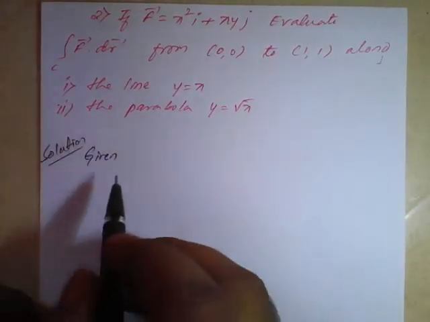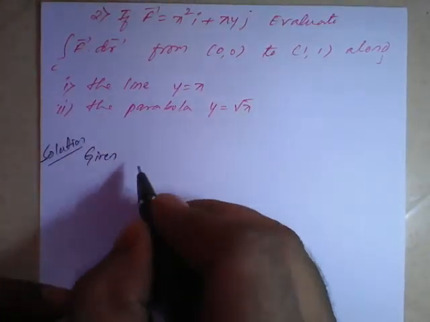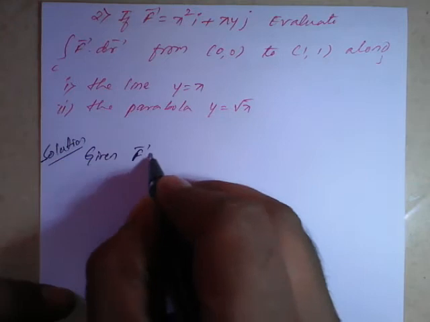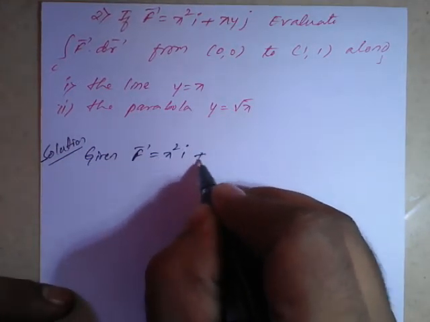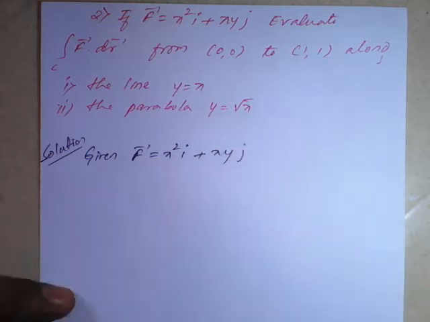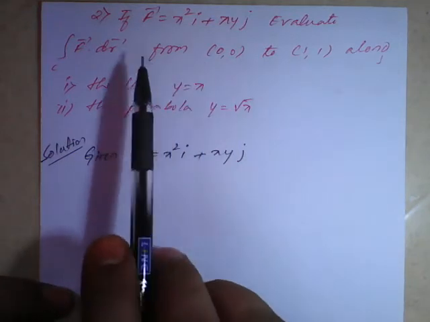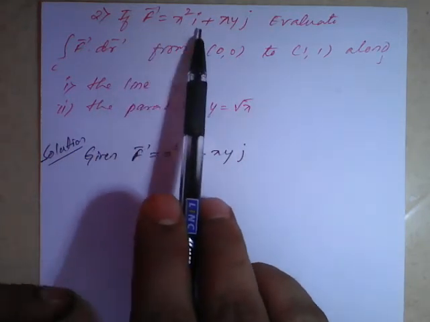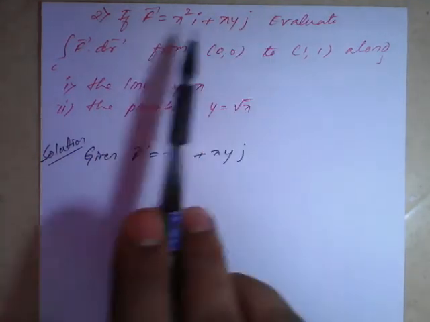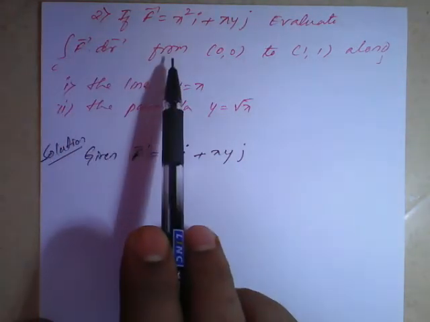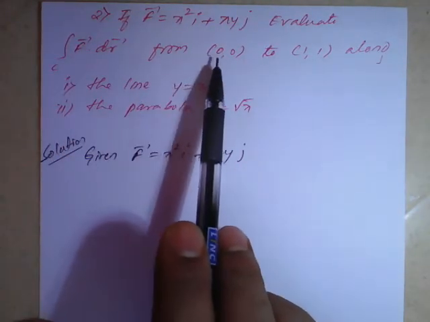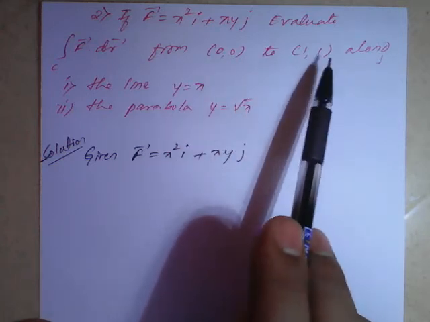The solution: given vector F, you need to correct it, that is vector F is equal to x square i plus xy j. So they have given vector F in the question: if vector F is x square i plus xy j, evaluate the integral of vector F dot dr. This is a line integral we need to find from (0,0) to (1,1) along